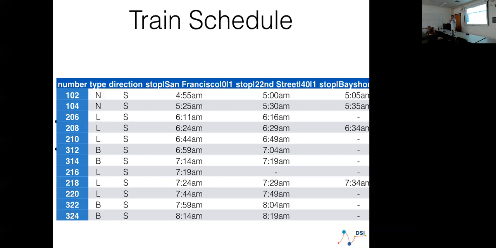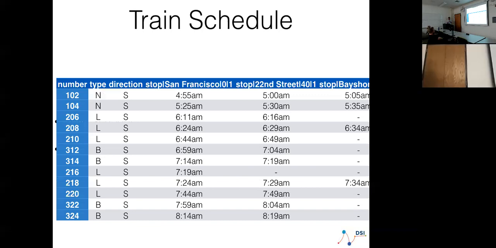I take the train a lot. I know the train schedule by heart. I kind of know when I'm supposed to get into these different stations, but I have to look at the train schedule to know when it's leaving, and when it changes. So it's just a lookup table. The table is a good thing here because I need to know: